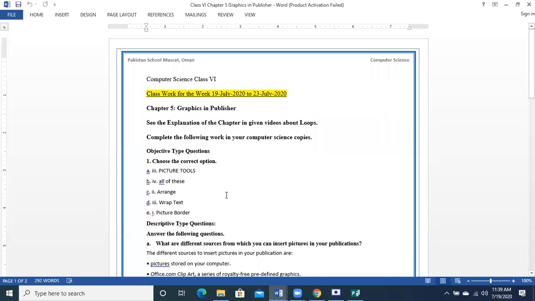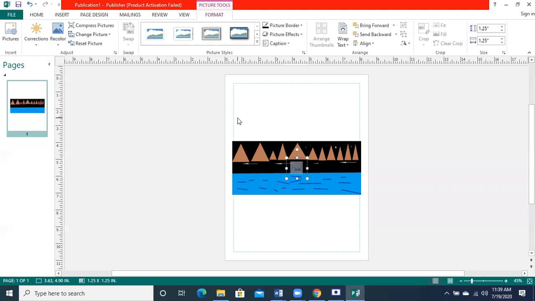Then the third MCQ, which is C. The group on the format tab under picture tools that contains the arrange thumbnails button is... In picture tools, which is the arrange thumbnails button? That is basically the arrange button. Arrange button is used. If you go to the picture tools, you will see here